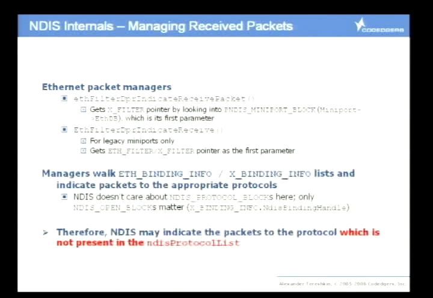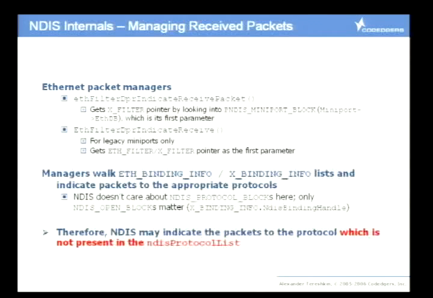And to manage received packets, the packet indication code will call these 2 functions, ETH filter DPI indicate receive packet or ETH filter DPI indicate receive. The second one is for legacy miniports. And then the packet managers will walk the ETH binding info